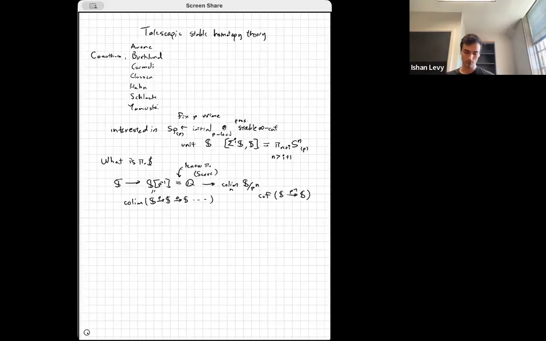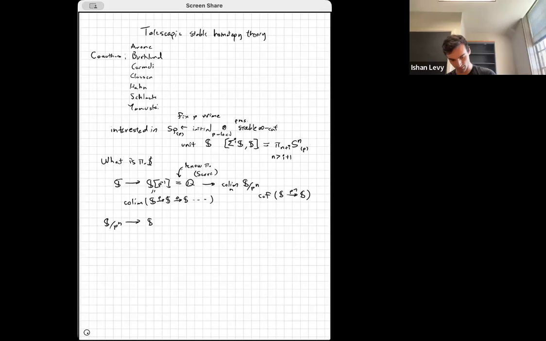And so you can interpret this result as saying that you've reduced the study of the stable homotopy groups of spheres to the study of the stable homotopy groups of spheres mod a power of the prime p. So what do we know about that? Well, it turns out we can do something similar. Namely, we can take the sphere mod p to the n, and there's a self map which has some degree now,